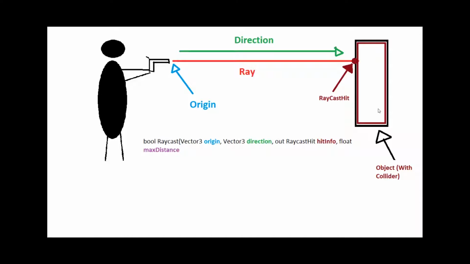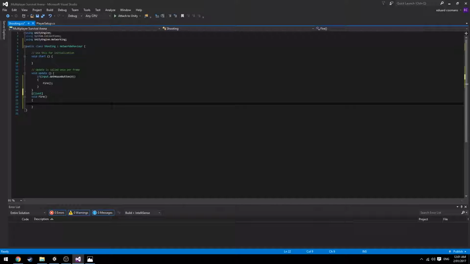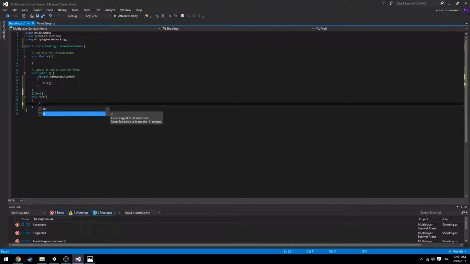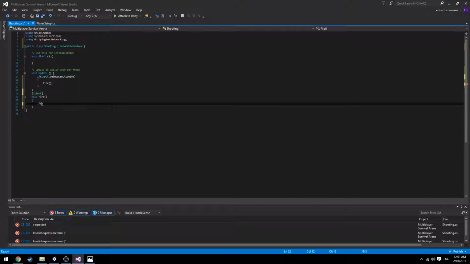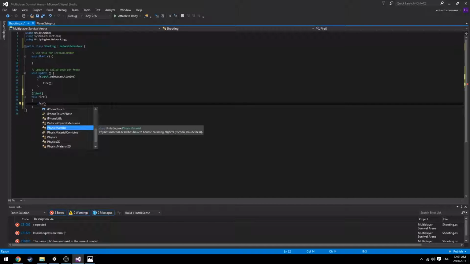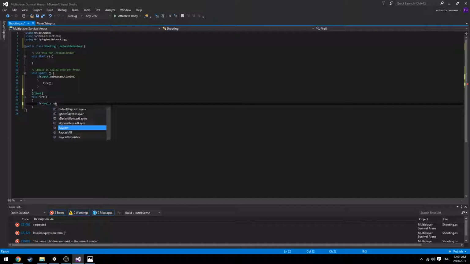And I know it sounds confusing from this diagram because raycasting is a semi-complex thing, but this is the direction of raycasting we're going to be using. So we'll say if, so it's a boolean, Physics.Raycast,